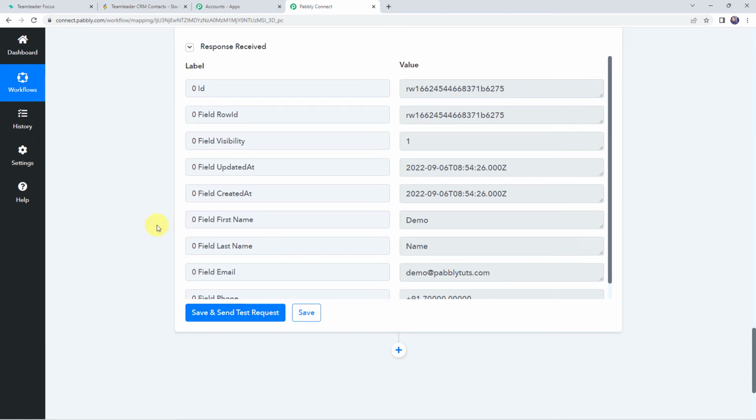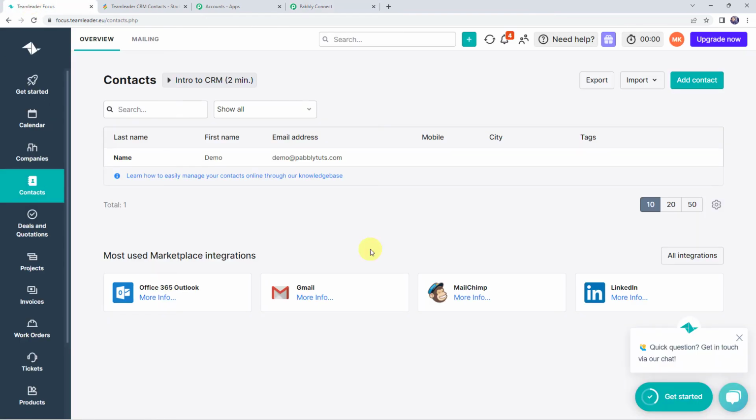Now as we have set up an automation, this is a one-time process. Next time whenever you're going to add a new contact to your Teamleader CRM account, automatically the same contact details will be added to your Stackby table also. So now we are going to check this in real time, whether our integration is actually working fine or not. For that, let's move to our Teamleader account once again, and here we are going to add a